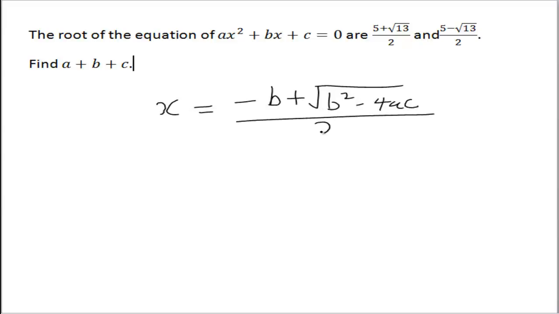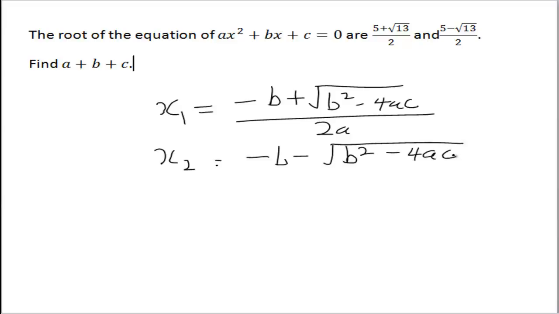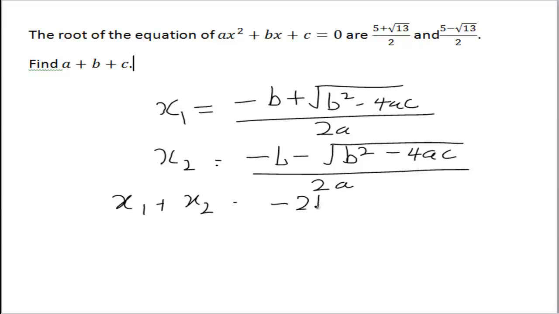all over 2a. There are many other ways of working this out, and your second root would obviously be minus b minus the square root of b squared minus 4ac all over 2a. Now let us find the sum of the roots. The sum of the roots means minus b plus minus b, the denominator is the same, so you've got minus 2b,